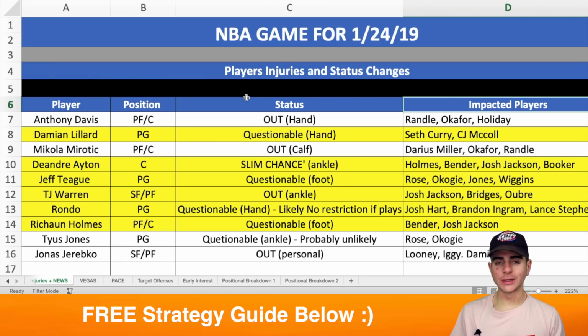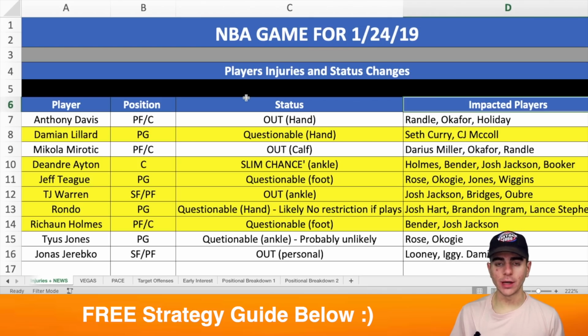It's going to help, though, with Davis being out, Randall. We saw Okafor go for back-to-back 40 DK points, double-doubles. A little bit of a tougher matchup tonight for a guy like Okafor, but it's going to help them. It's also going to help Drew Holiday in terms of usage. Minutes-wise, it's going to go to Randall and Okafor, but points and usage-wise and assists, things like that, is going to